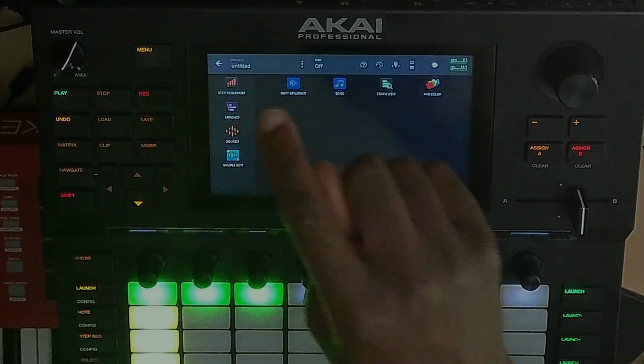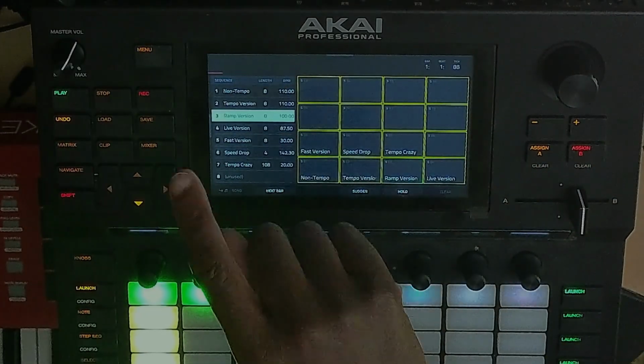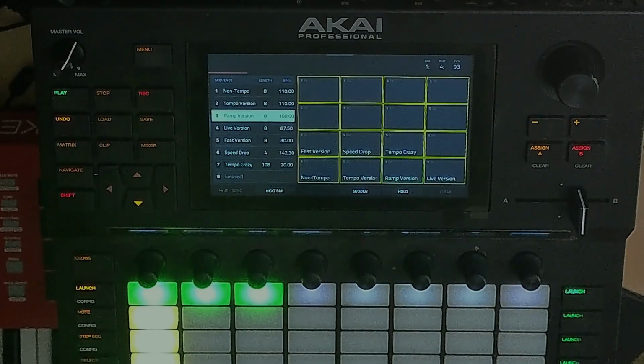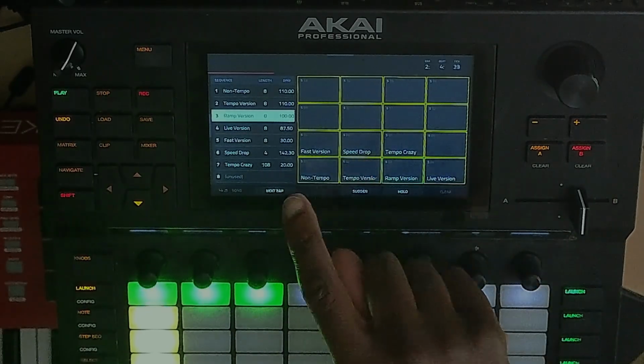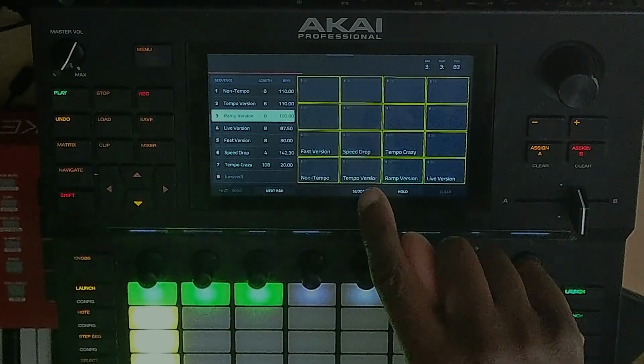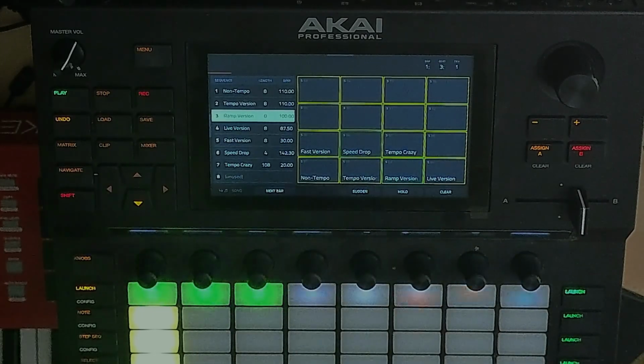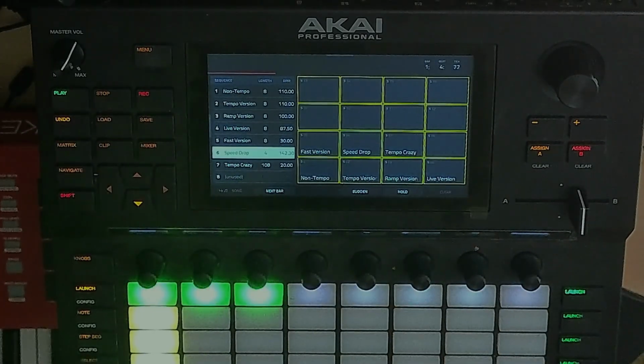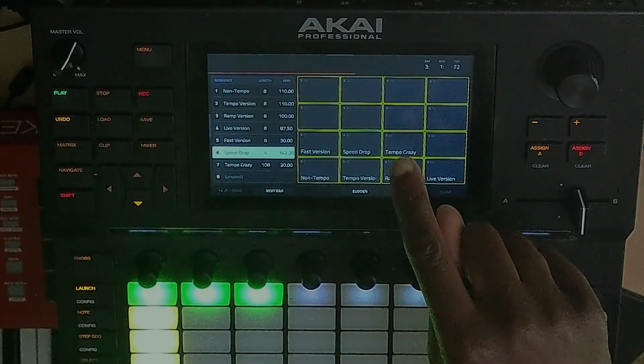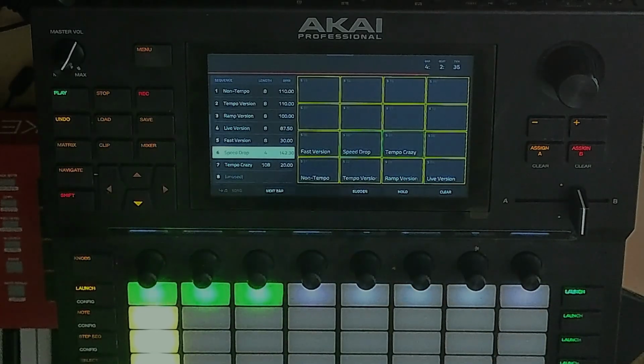The reason why you probably want to do next sequence is this. Two reasons, actually. First of all, say if I wanted that to do that drop, I could press next bar. So I could say, I want it to do that on this drop. So that's going to go to the next bar. Say I want to go to tempo crazy. So the next bar, it's going to go